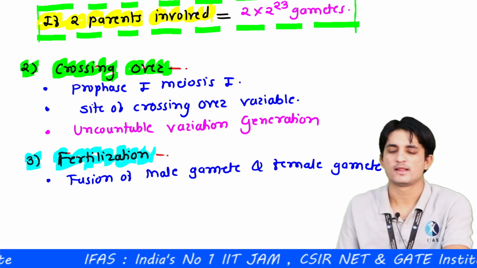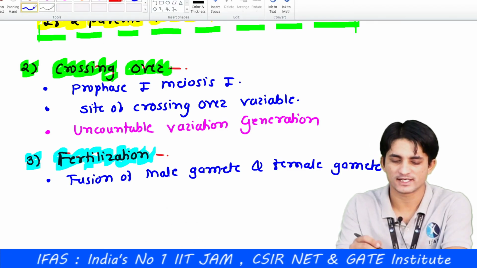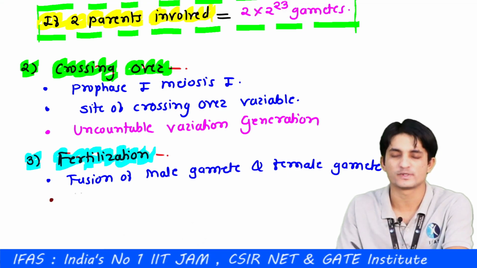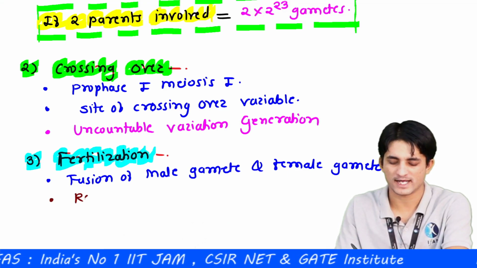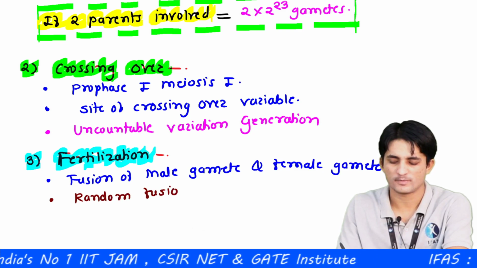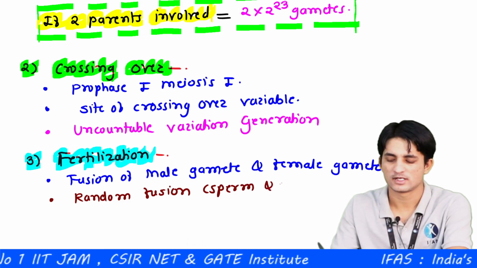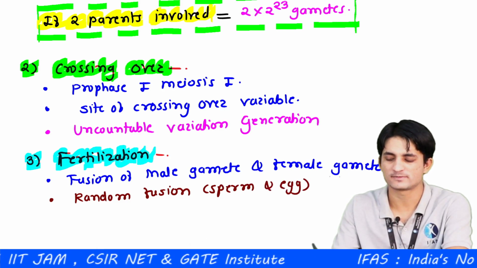Now this fusion is also random, because any gamete of male can fuse with the female. So random fusion of sperm and egg, and therefore any sperm can fuse with the egg, or any sperm can fertilize the